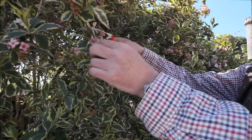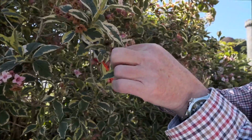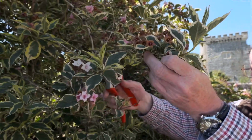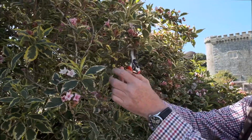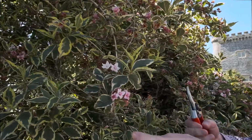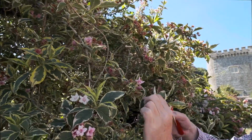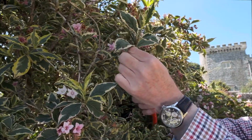and prune out the old growth back to leave good new growth like this, which is where the flowers will appear next year. On this piece here you see there were very few flowers and you've got a nice bit of new growth,